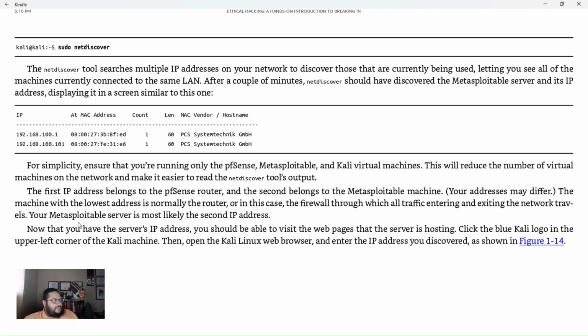So that's going to be a problem. Your Metasploitable server, okay. Now that you have the server, we're going to go do that first. We're going to scan this. So I'm going to open up my